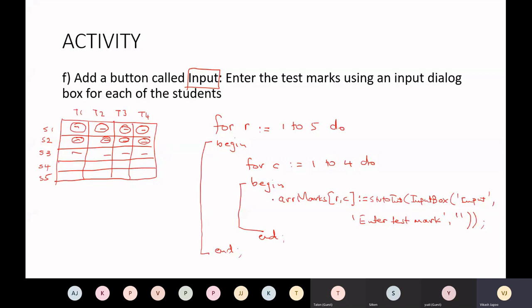Now I'm going to make a suggestion to you. This loop is going to run 20 times. So each time we run it, we're going to need to input 20 values, which can be time consuming and also frustrating if you are running it many times. So what I'm going to suggest to you, just for testing purposes, is to comment out this line, comment out